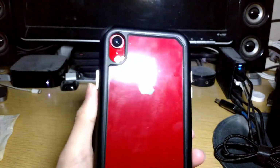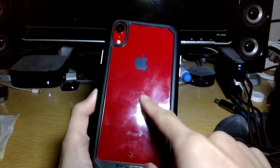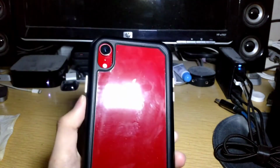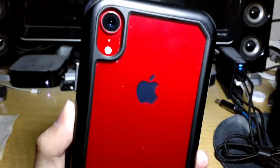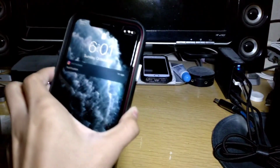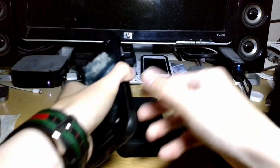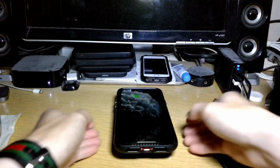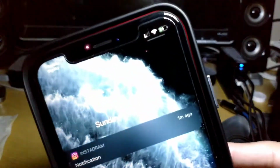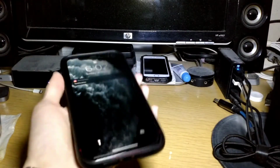And at the back of course you get your screen protector for the back, so it shows off the color that you have. And of course you get your cutout for your camera, your flash, and other stuff. And so yeah, now let's check if wireless charging does work on this. So let's go ahead and set it on a wireless charging pad. So as you can see, the LED light is on, and as you see, it's wirelessly charging. And so yeah,